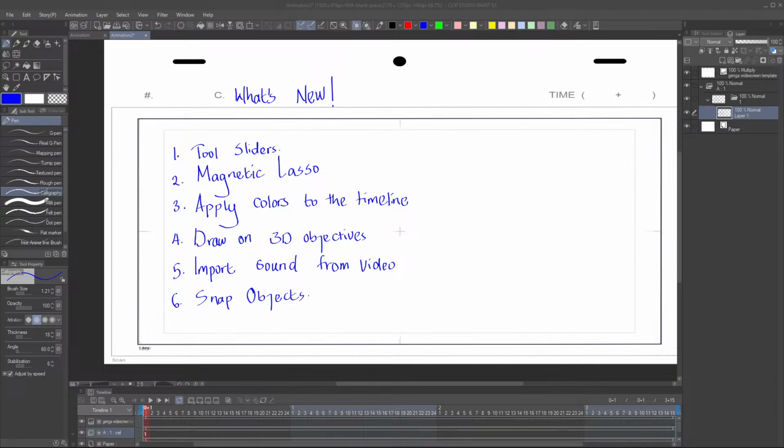From where can we get this template? It's available on Discord, in the animation learning material section. Okay,